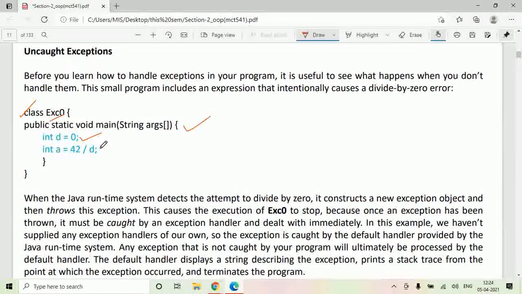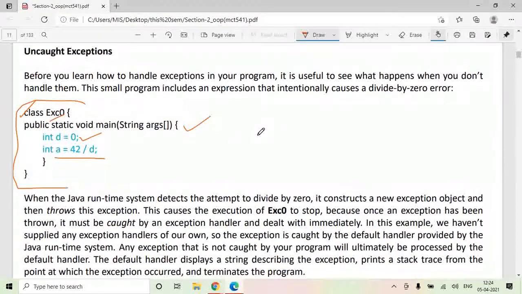Here you have written the statement 42 by d. So 42 divided by 0, and a denominator of 0 is not permitted. So what will happen when you write this code? Here we have not written any try, catch, finally or anything.